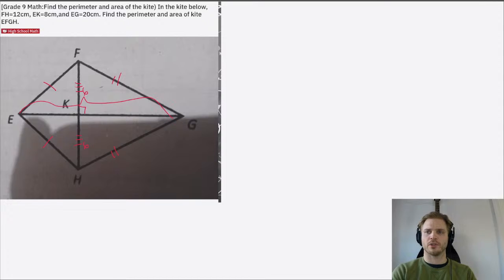EG is 20. But we're also told that EK is 8. So 20 minus 8 is 12. That should be enough to figure out everything. We're just going to have to do a bunch of Pythagorean theorem. So to figure out, let's call this X and call this Y, because we need those for the